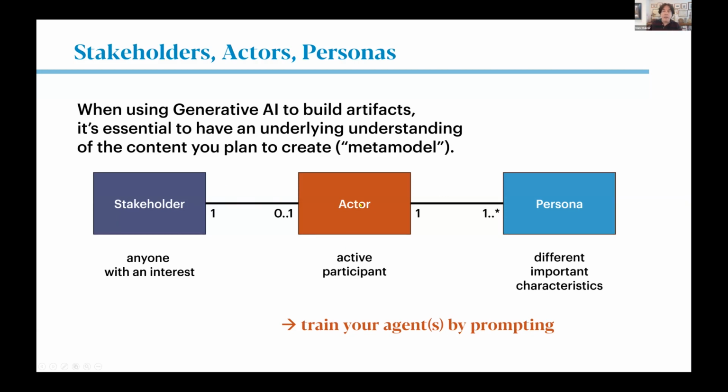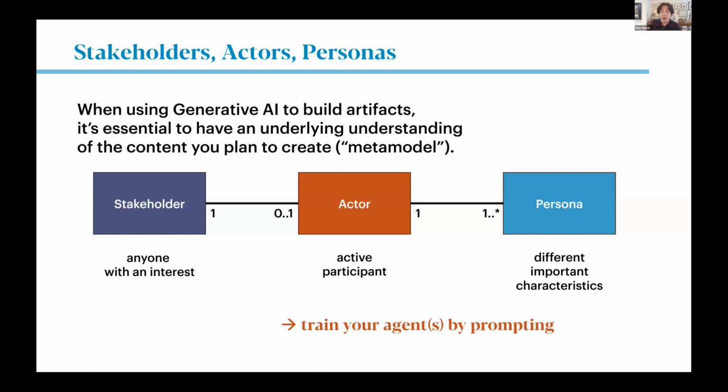Okay, now one of the things that you also have to be aware of when you're working with generative AI models is that they have a lot of knowledge. And sometimes, as I said, they can get confused. When you ask for artifacts, one of the things that we all have learned as BAs is that what one organization calls a blank is different from what some other organization calls the same thing. Yes, we have the IIBA. Yes, we have standards bodies. Yes, we have people conducting training courses and writing books and so forth. And we try to come up with common definitions of terms.